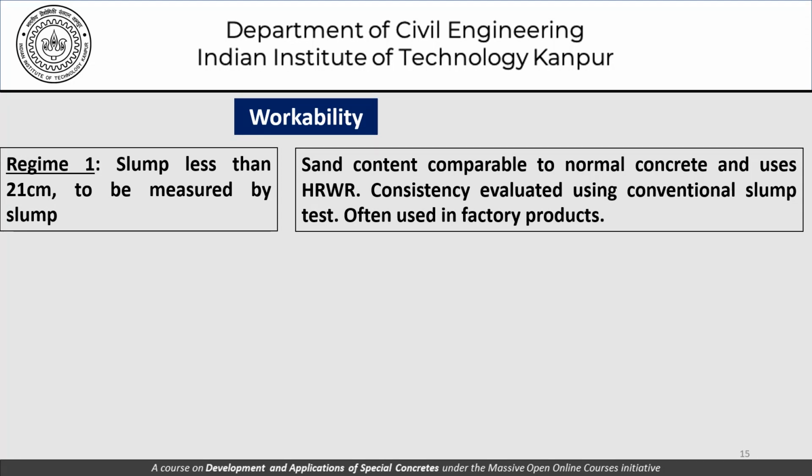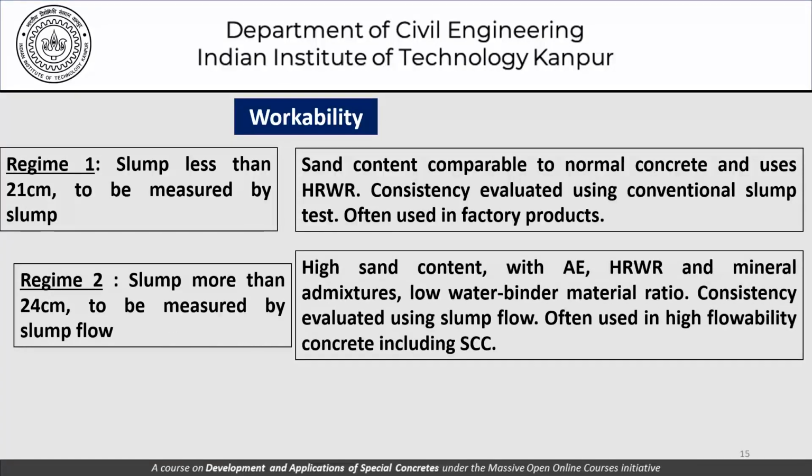factory products. There is another regime where the slump is more than 24 centimeters, and then we really need to measure slump flow. In this regime, the sand content is higher, and the concrete is characterized by a high cement content, use of air entraining or high range water reducers and mineral admixtures, and a low water binder material ratio. The consistency is evaluated using slump flow here, and this kind of concrete is often used in high flowability concrete